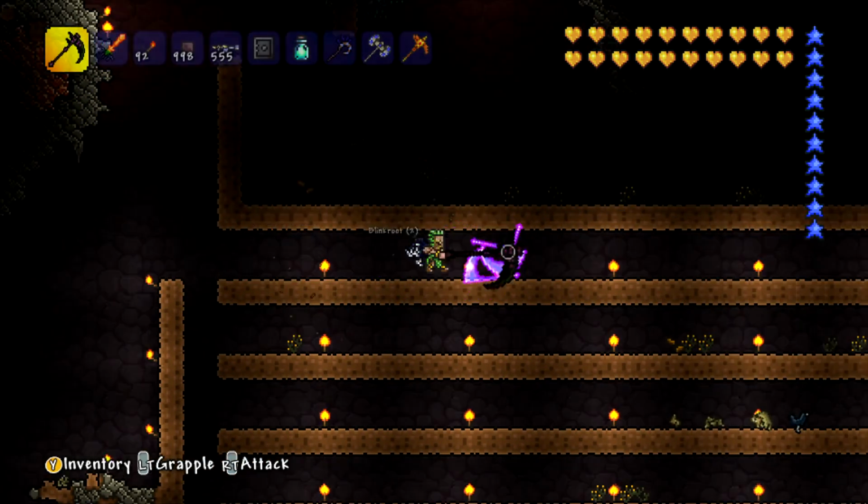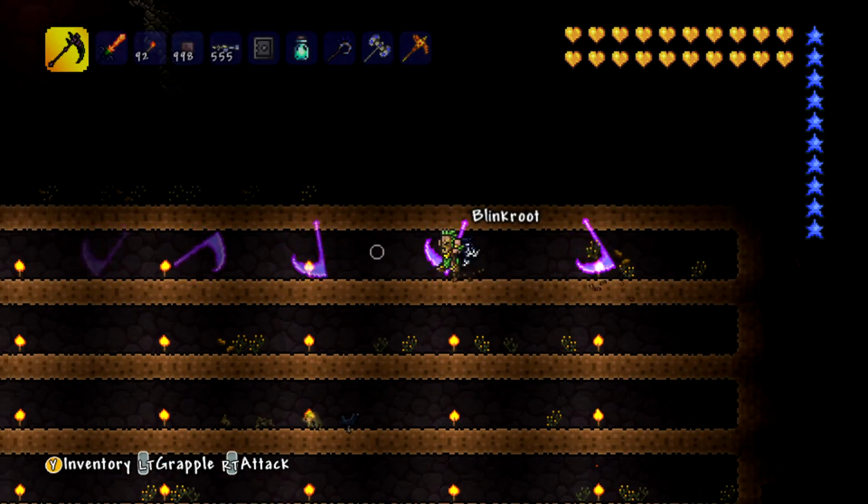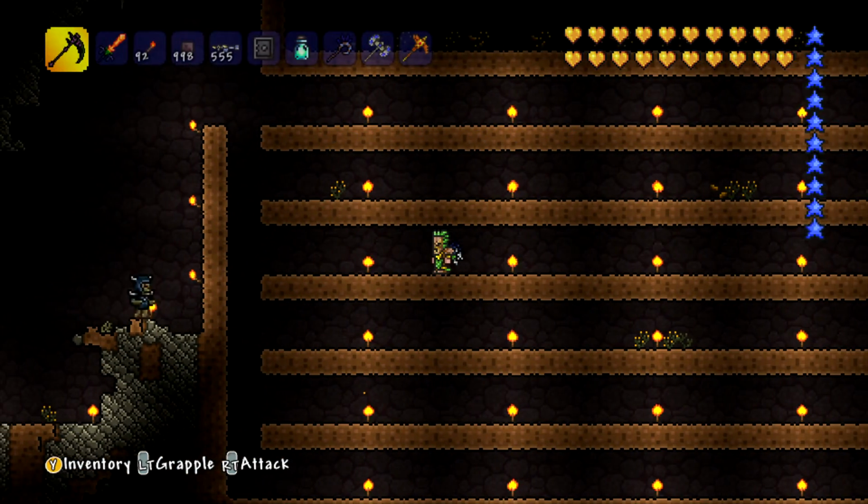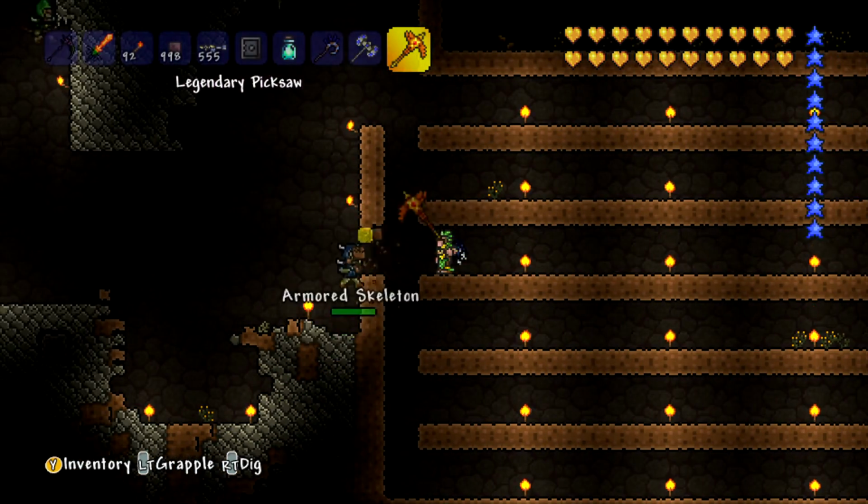Okay, yeah, that seems fine. So we want the main entrance to be the middle one, which would be this one. That seems right. So if we dig our way through like this...